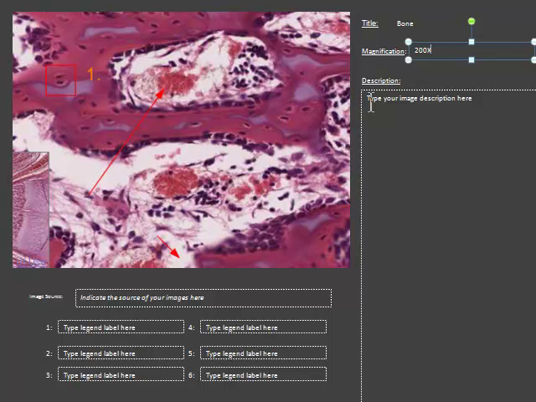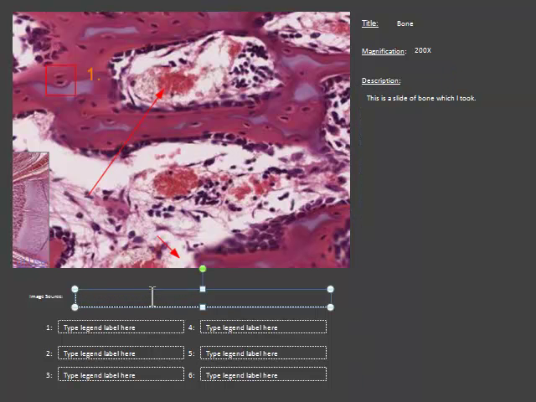In the University of Iowa virtual microscope, when you change the magnification, you switch it to a specific number, and that number is the magnification of the objective lens, and you can just record that in the magnification box. In the description box, you type a description of the slide you've seen, including any relevant information you wish to bring to anyone's attention. This is a slide of bone which I took. Obviously the amount and quality of the information that you'll be expected to produce would be far better than just one sentence. You need to indicate the source of all your images, so here I'm going to put